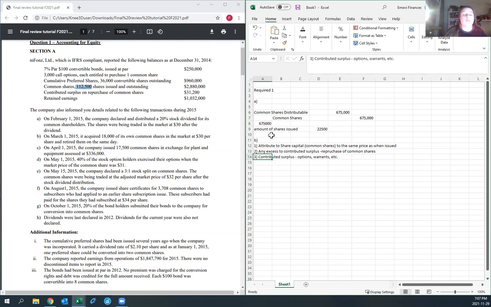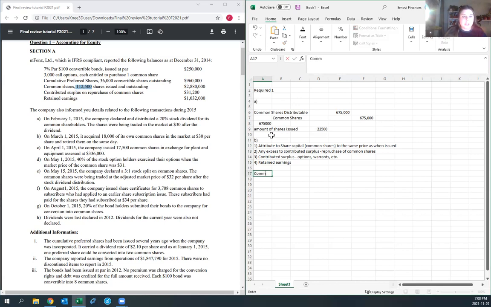And you also go to the third if you have any excess, after applying the balance of your contributed surplus repurchase of common shares. And then at the end, if you still have a balance, you apply it to your retained earnings account. So for this